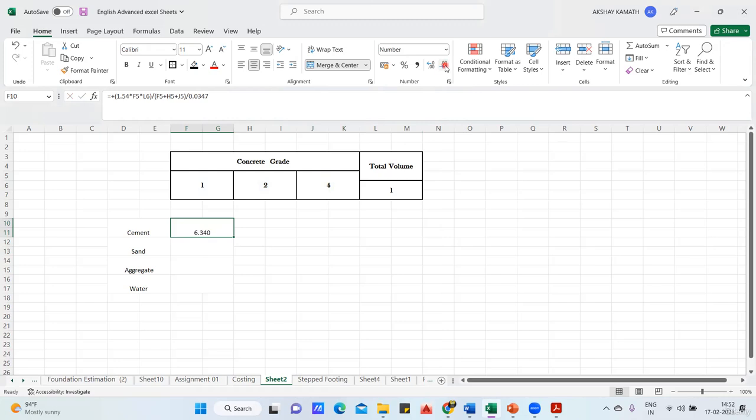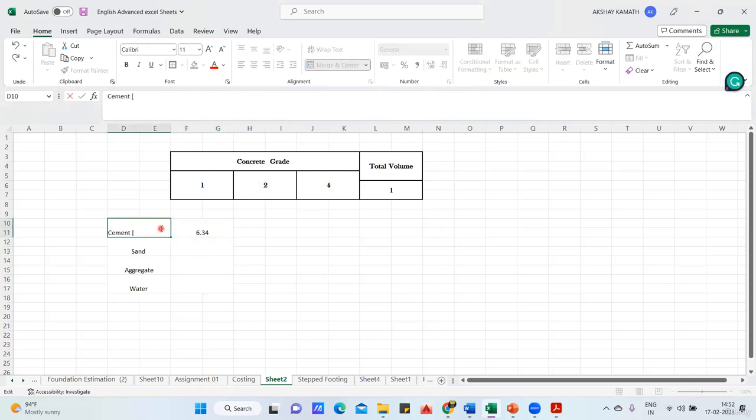You can decrease this to 6.34. Cement, you can write in bracket, it is for the bags. Okay, great. Now, once the cement is done,